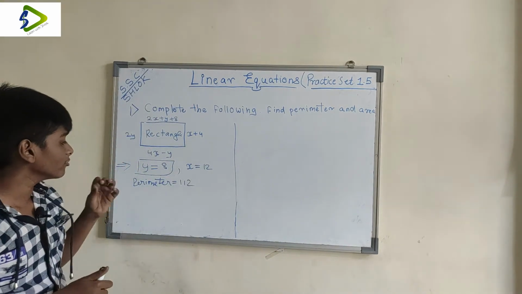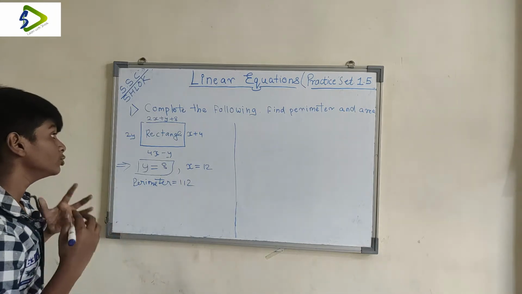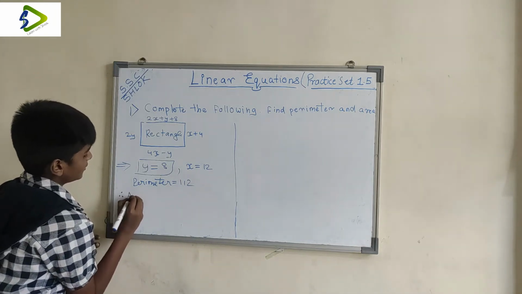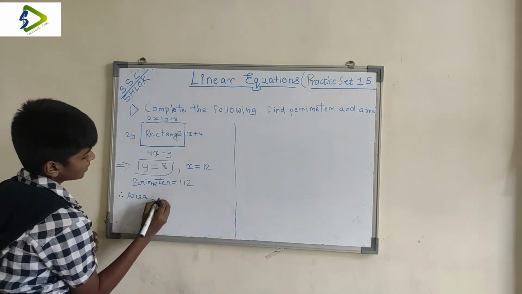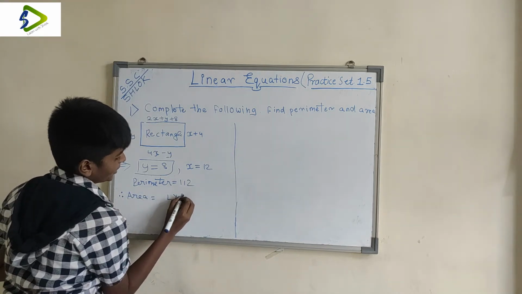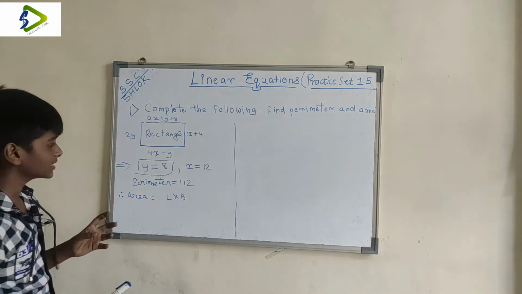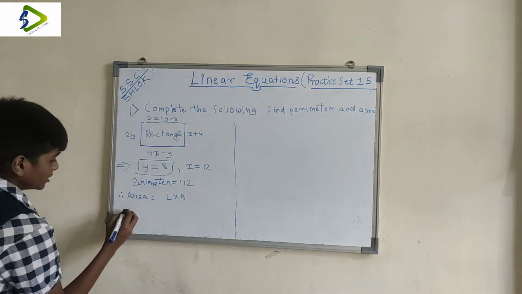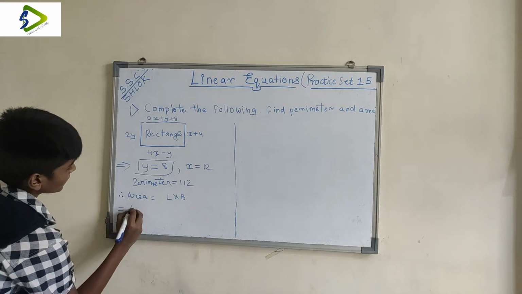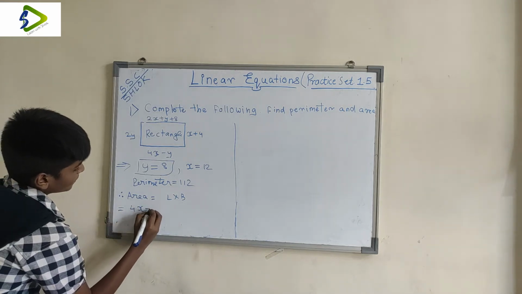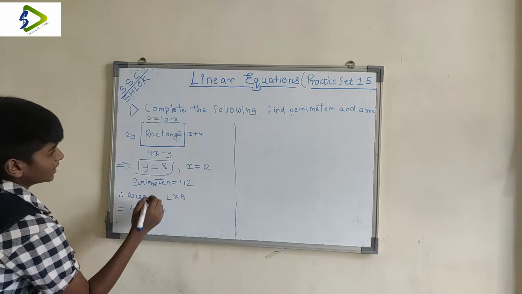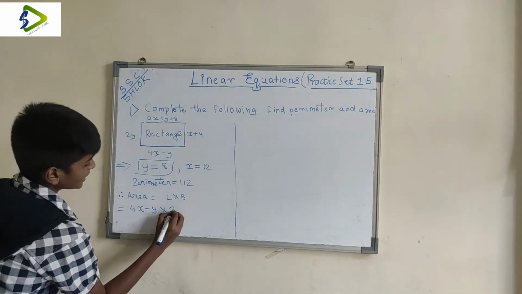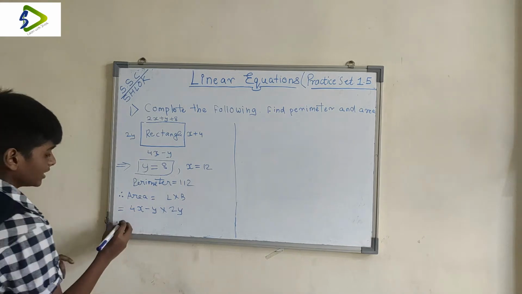So now that we have found the perimeter, we have to find the area. So therefore area of a rectangle is equal to length times breadth. So let's take anything as length. Last time we took 4x minus y, let's take that only. So I am writing it over here, 4x minus y times breadth. What is breadth? 2y. I have considered 2y, so I am taking 2y again.